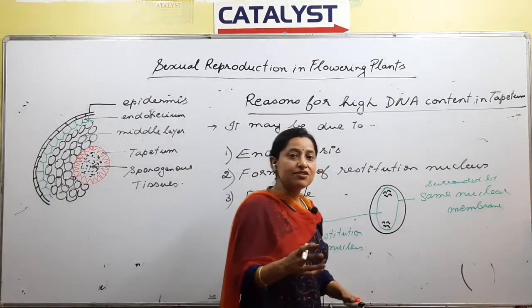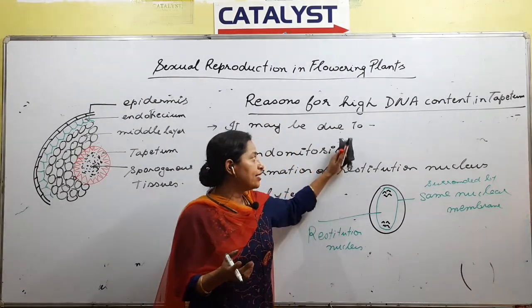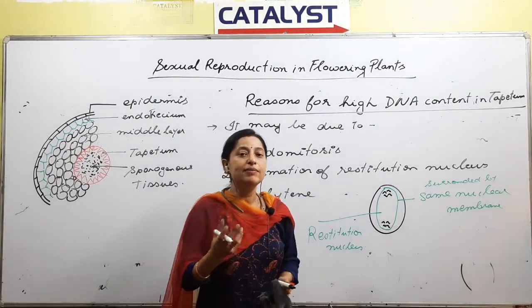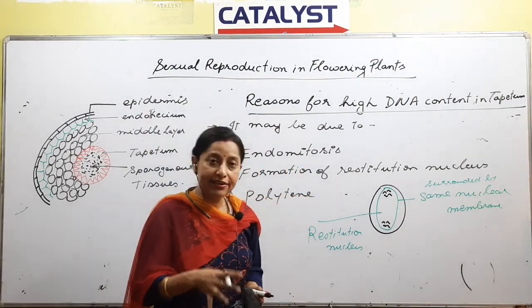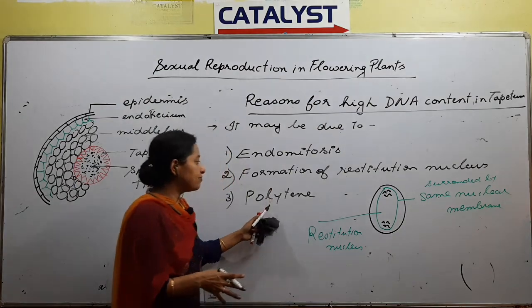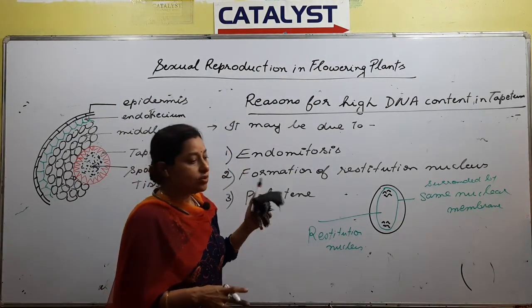These were different reasons for the increase. The increase can be due to endomitosis, or due to restitution nucleus formation, and lastly we have something called polygyny. So they were of the opinion that polygyny